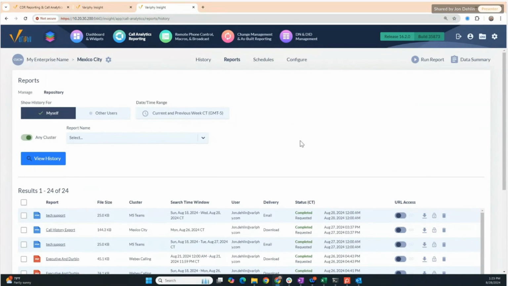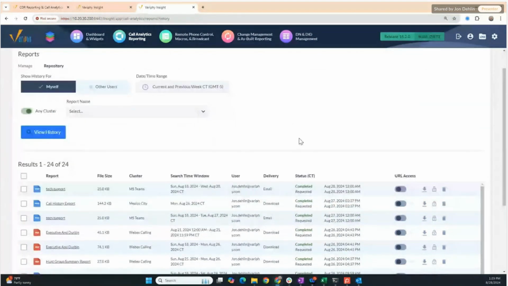And this will show us the status of reports that have been generated. Here's just a few of the ones that I've done over the last few days. And you can see there's a request time and a completed time. If you come in here and you see that that either says failure or delivery failure, or if it says